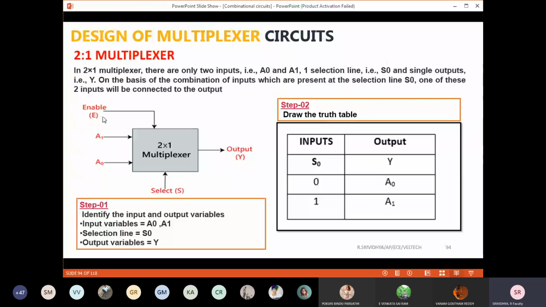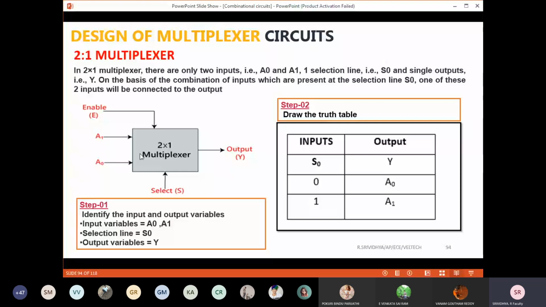Now I'm going directly into the truth table. S naught is my select line, and the select line can be of two conditions: it can be either 0 or 1. If your select line is 0, the switch will be connected to A naught.